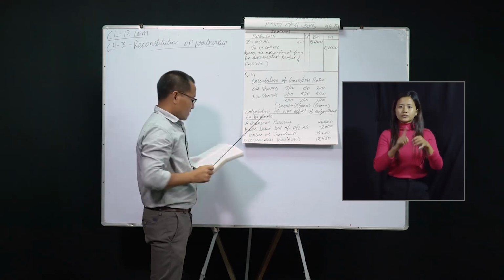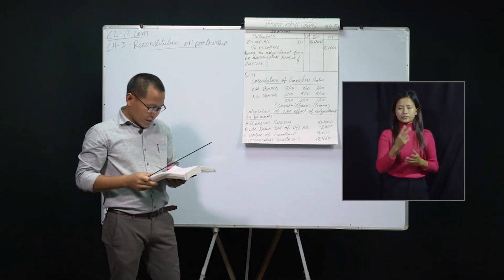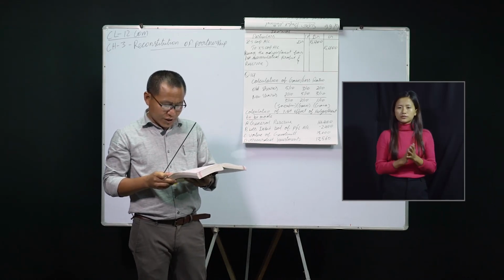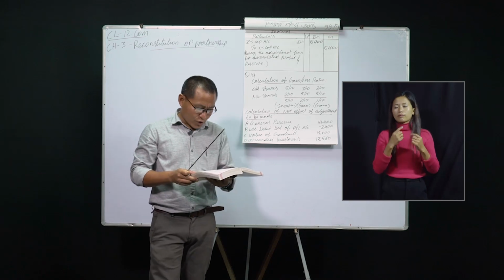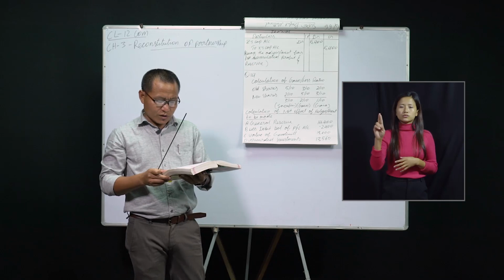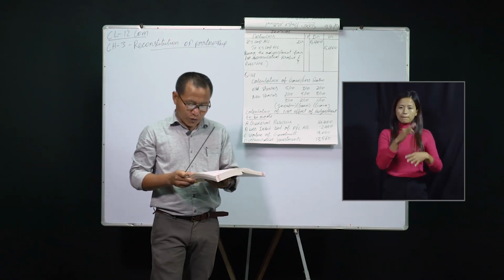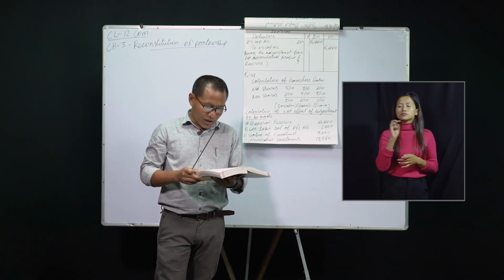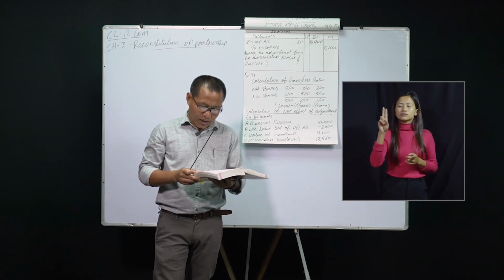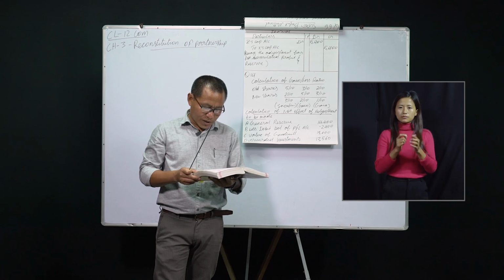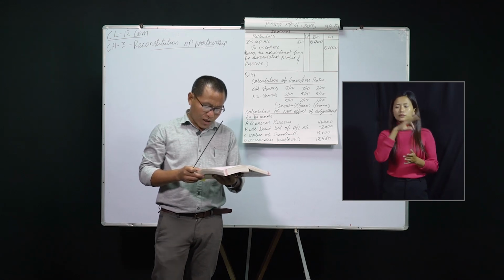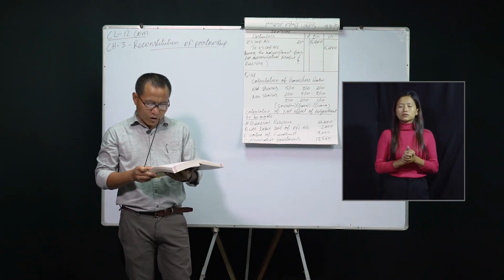Question number 14. Let's see question number 14. X, Y and Z are partners in a firm sharing profits and losses in the ratio of 5:3:2. They decide to share future profits and losses in the ratio of 2:5:3 with effect from 1st April 2014. Their balance sheet showed a debit balance of rupees 2,400 in the profit and loss account and a balance of 14,400